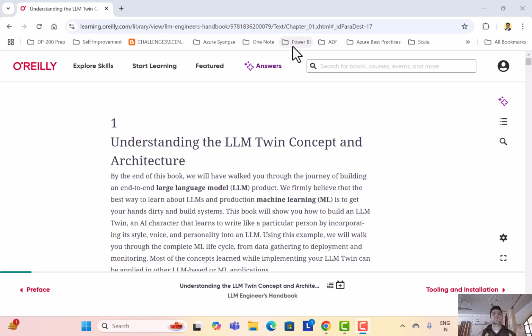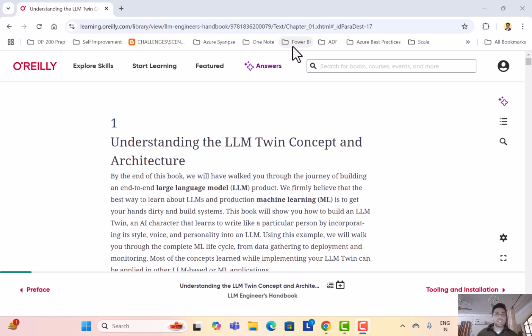There would be different books, and as you can see, I have a subscription to the O'Reilly platform where you have a lot of books, a lot of content, and I'm not able to use it regularly because of procrastination, because of work. I don't get time, but I'm making this a habit to go over the books, and the only reason I'll be able to do it is if I promise something, and the promise is that I would be uploading content based on this. As I said, we would be starting a new series on this, which is called book reading series on AI. So let's get started.